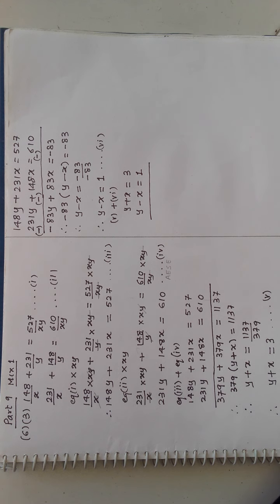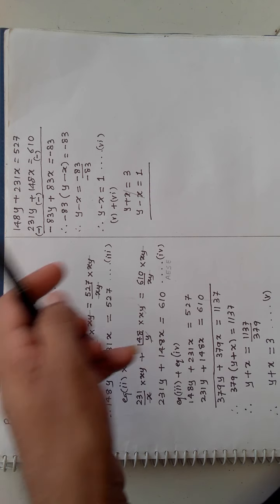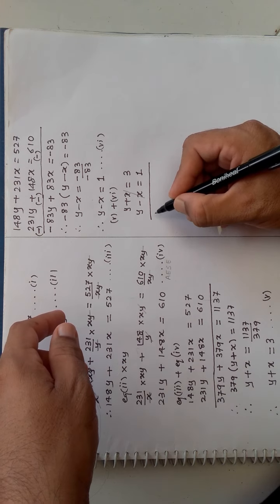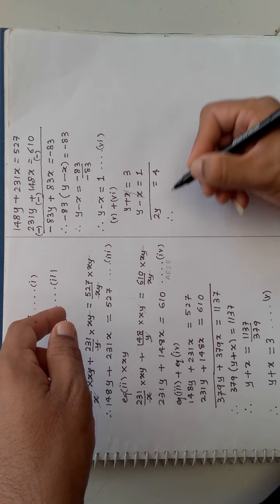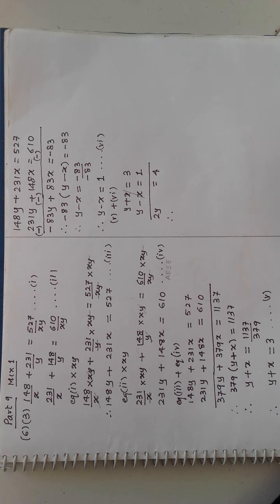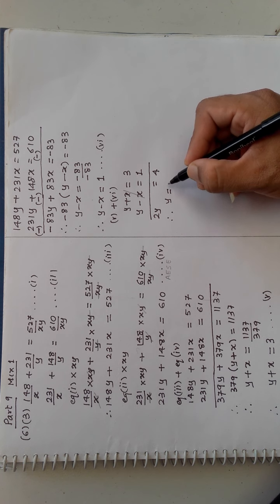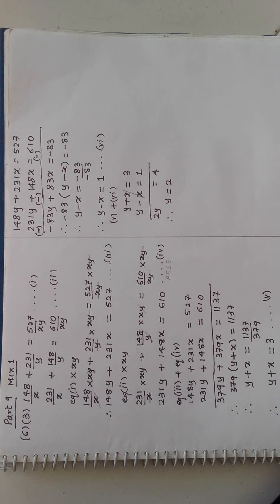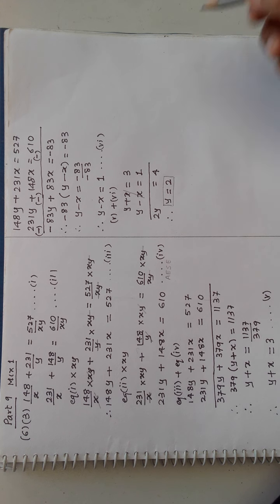I repeat the same dialogue: line 1, line 2, and then space for the third line. Since there is addition, there is no change anywhere. So 1 x minus 1 x becomes 0. 1 y plus 1 y is equal to 2y, which is equal to 4. Obviously I am going to find y. So 2 I need to transfer to the right side. So y is equal to, it is multiplication, so it will become 4 by 2, that is 2. So you get your first variable, a finite value of it, y is equal to 2.